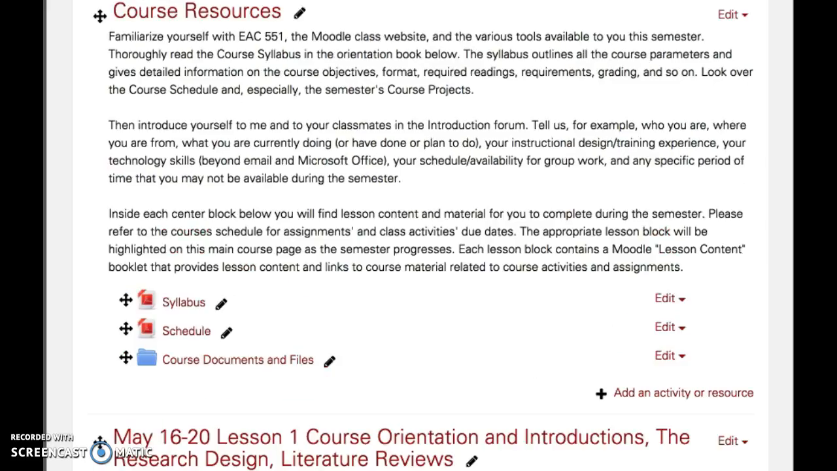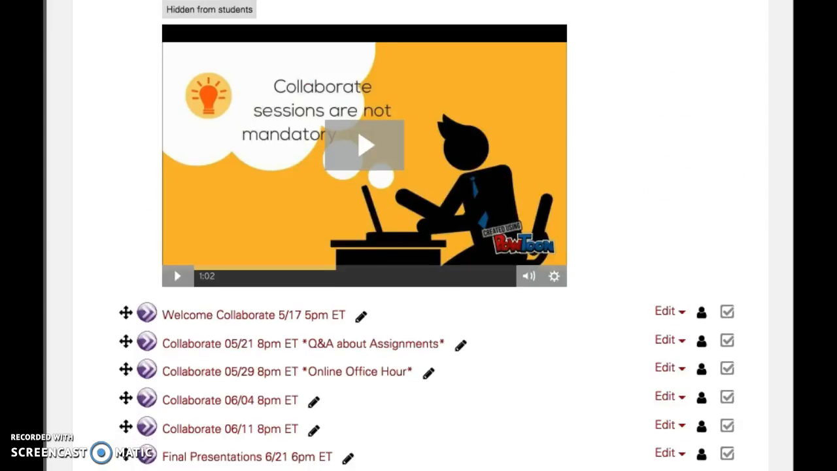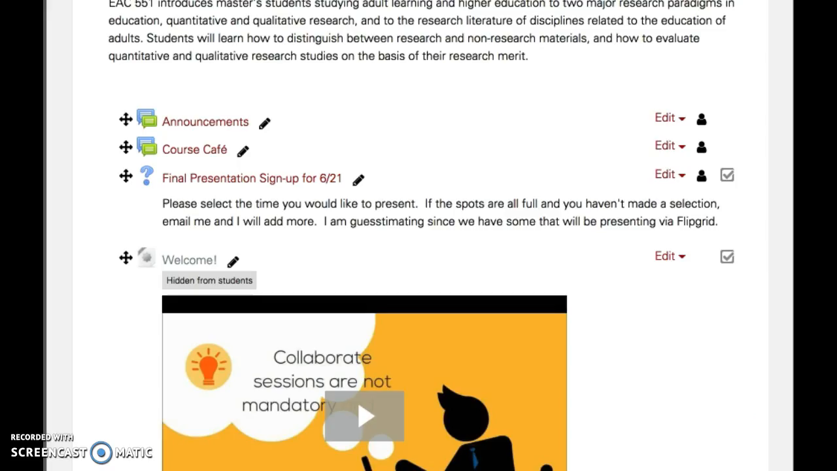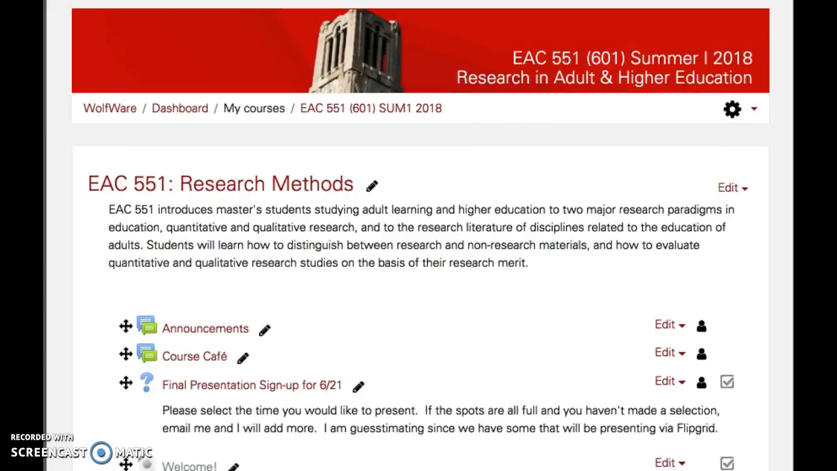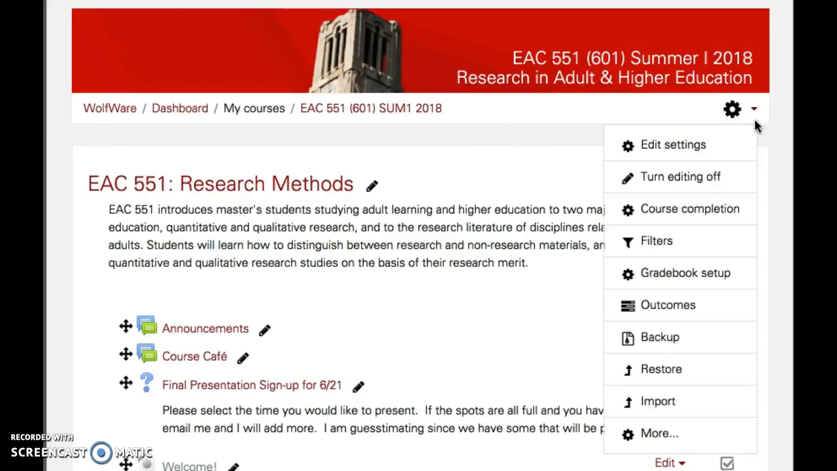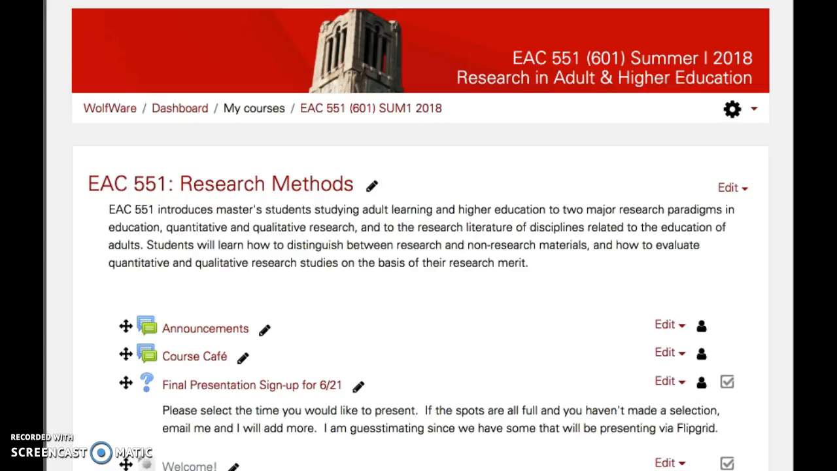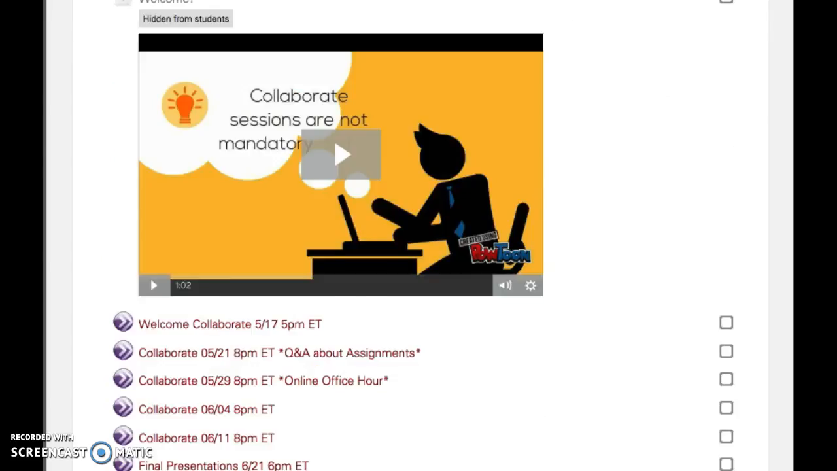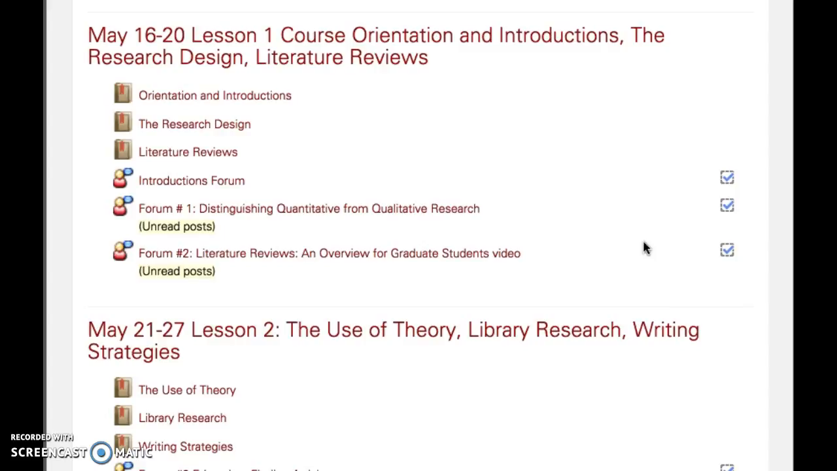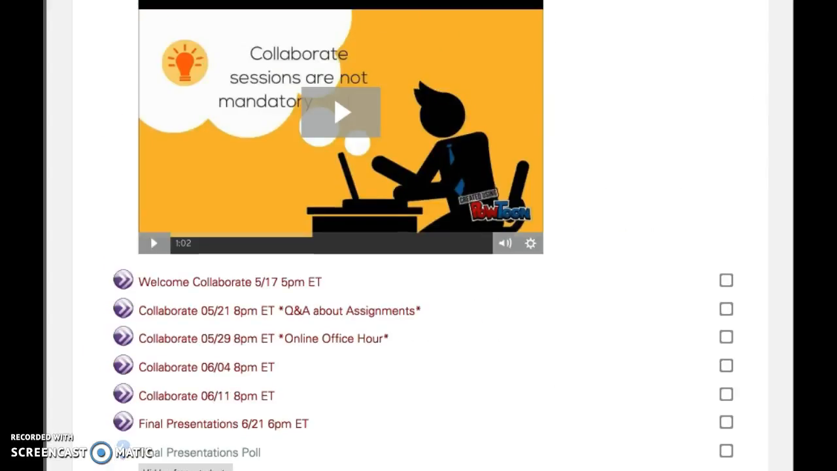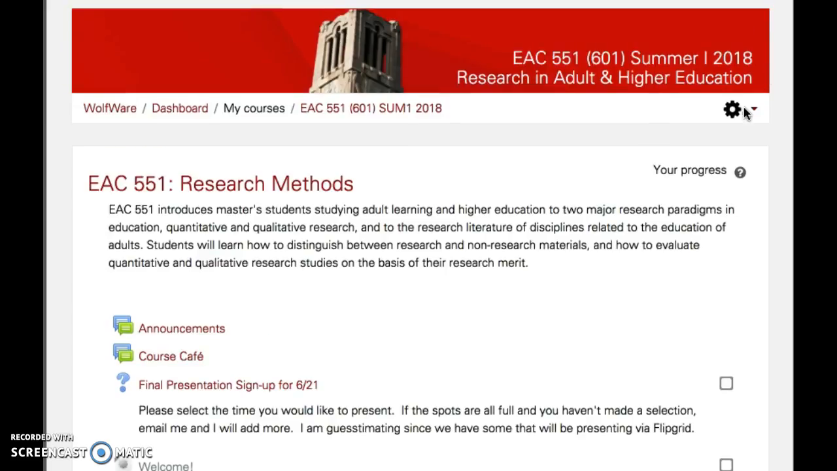So, first thing you do is turn the editing on up at the top. Go here, turn editing on. And then you can see, actually I'm going to turn editing off so you can see what the students are talking about. It's these check marks along the side, which is what I think she's talking about, to show that she's completed the task. So I'm going to turn editing on,